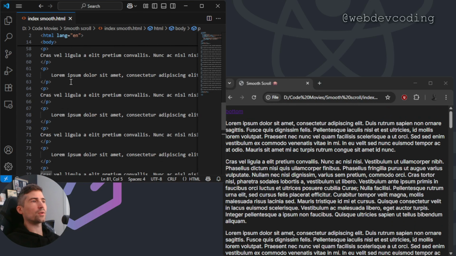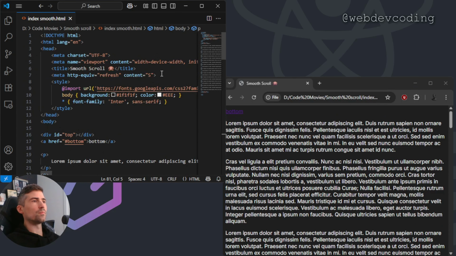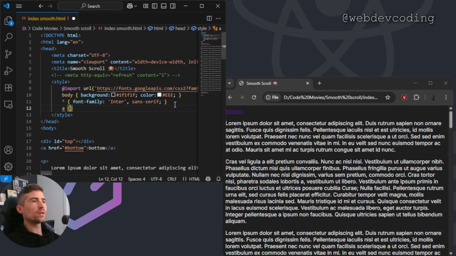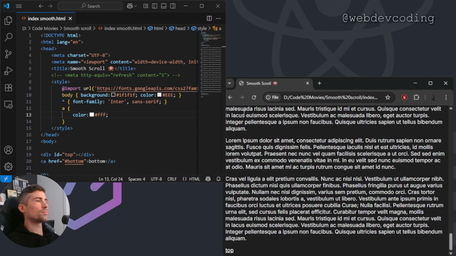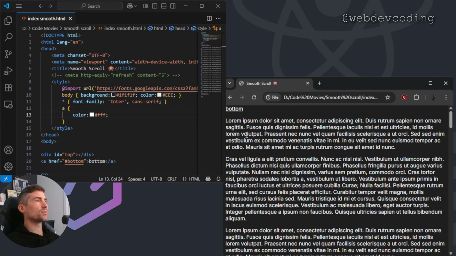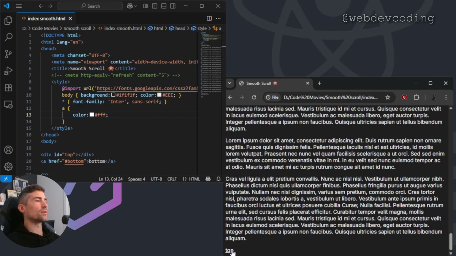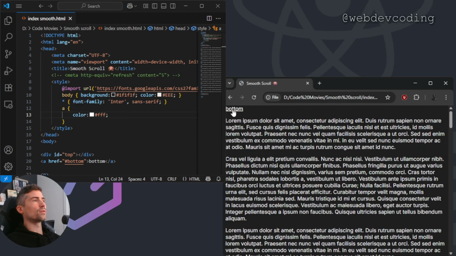I'll just turn off my page refresh meta tag. Turn that off and reload. Man, that link looks terrible. Let's change that actually. A color white. At least then I can read it. All right. So now bottom jumps to the bottom, top jumps to the top. There's no scrolling there at all. You can see how it just jumps, which is fine, but you don't really know that it's got all that